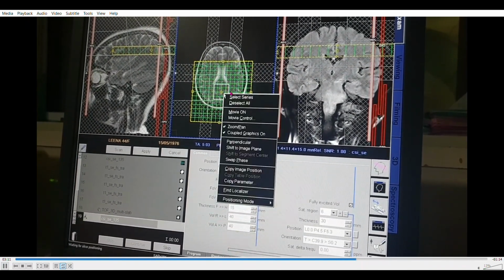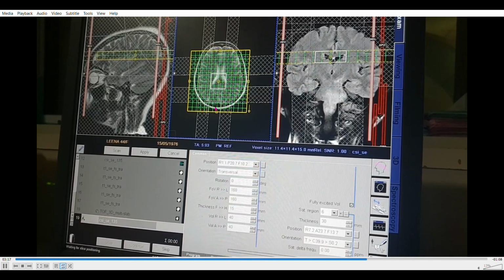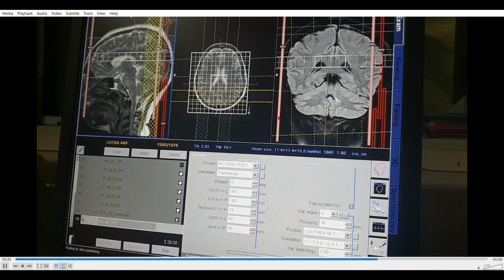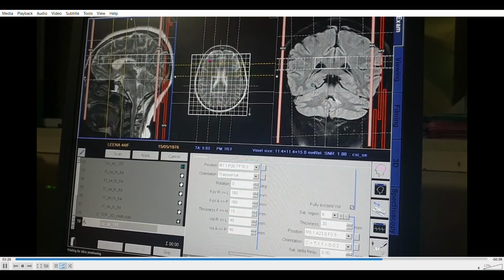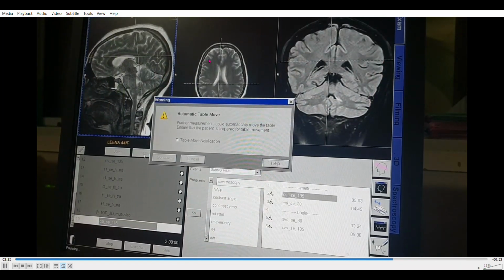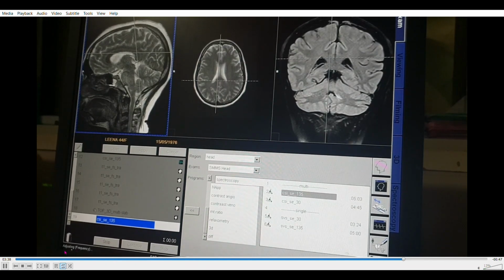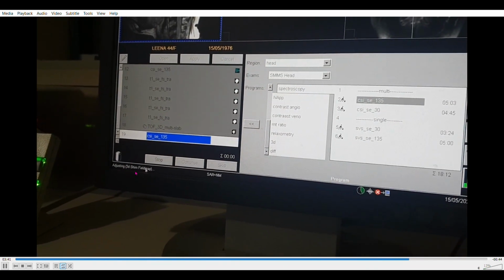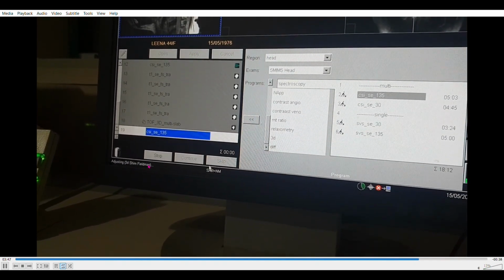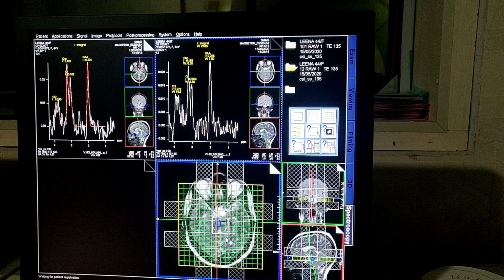So once the setting is done, now everything is in place. Image position copying is actually done to transfer the position to each plane, so it will not change in one plane when you are trying to align the other planes. So this is how it's done. Once you have done it, you can press start. Once start is pressed, the initial step will be frequency adjustment. Then second, the machine will itself start loading the 3D shimming field map, and after that the image acquisition will start.